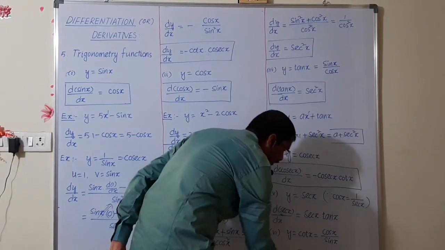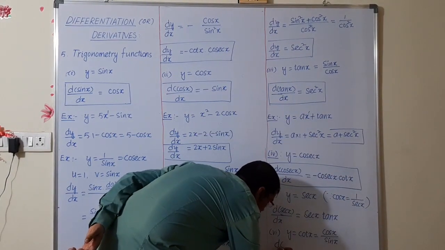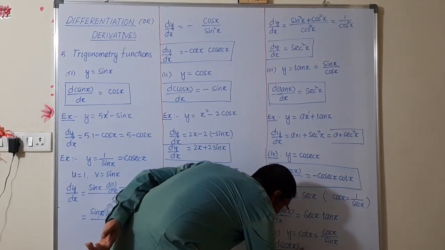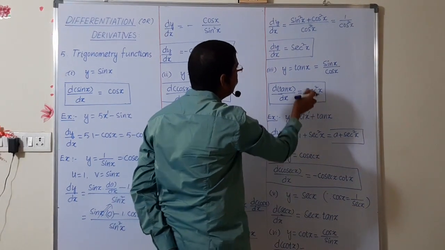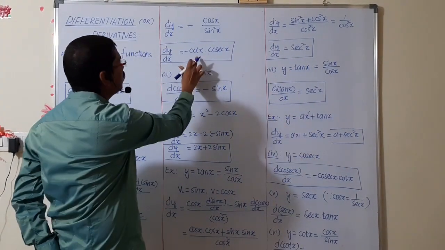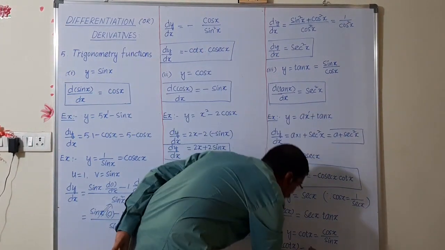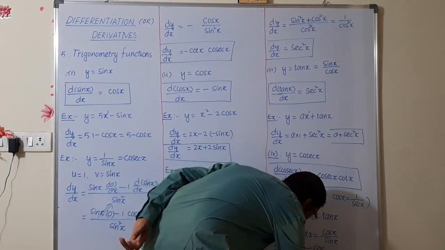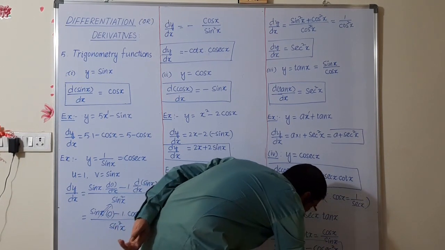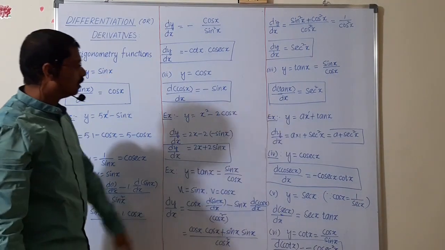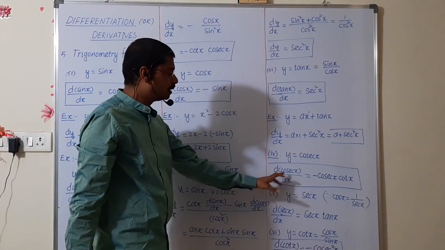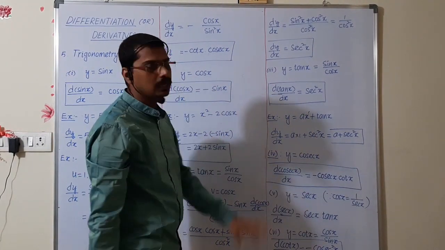Here, the differentiation d cot x upon dx is equal to, these are related to which one? Cosec x. Already we have solved it somewhere here. Now the derivative of cot is minus cosec square x. These are the three trigonometry ratios we can use wherever you want to find them out. Remember these trigonometry ratios, what is cos and what is sin.